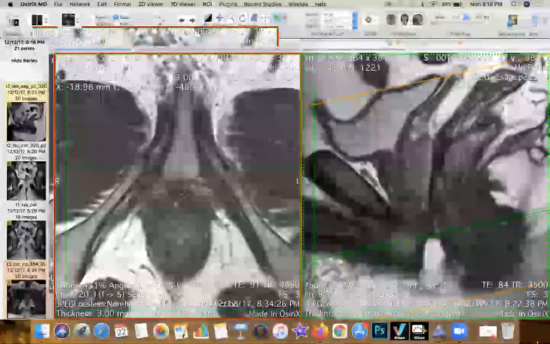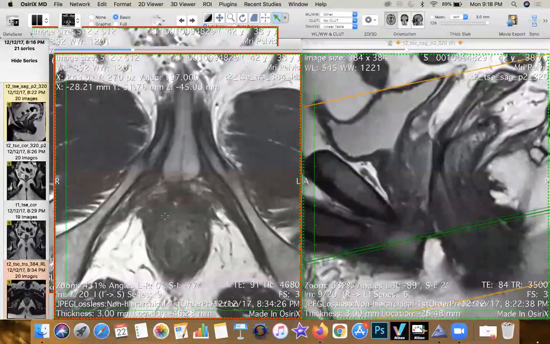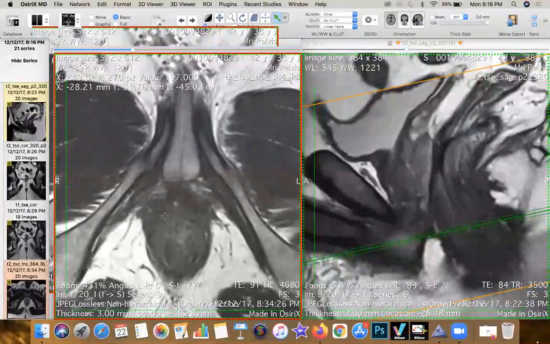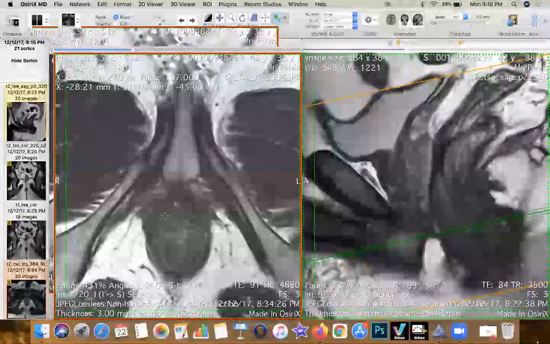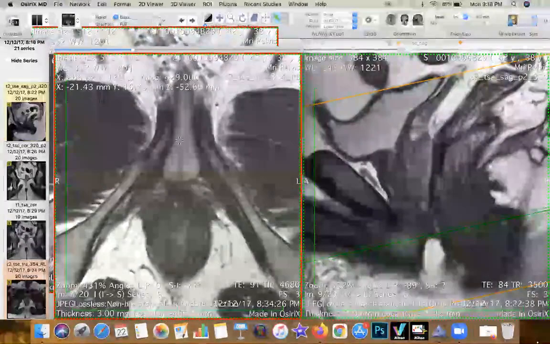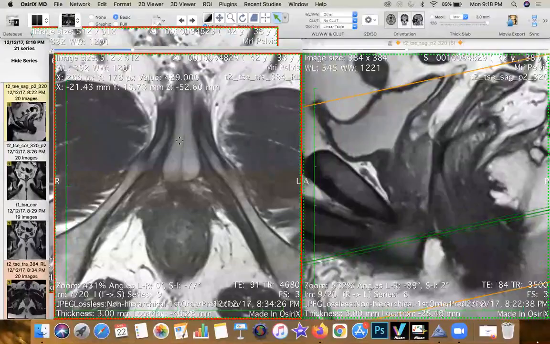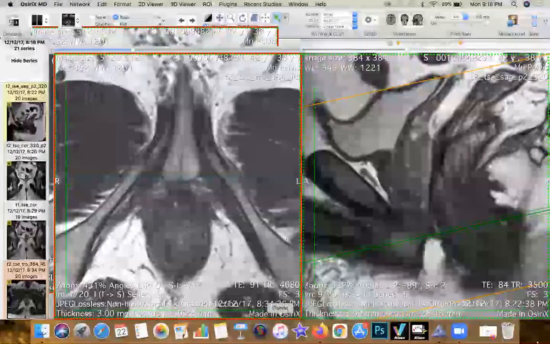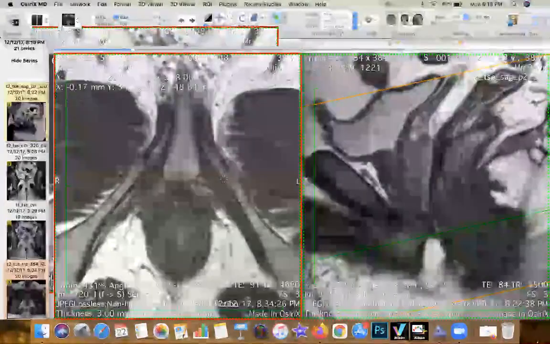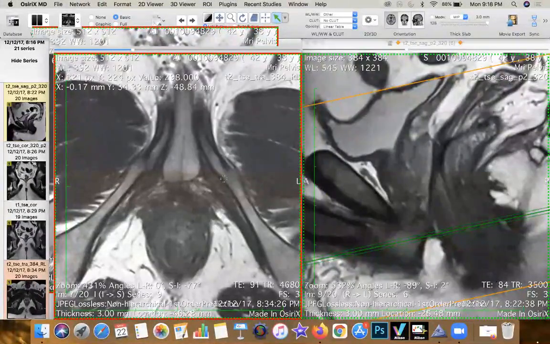The posterior compartment, which is located behind the perineal body, is also called the anal triangle. In this part of the lecture, I won't be looking so much at the anal triangle. I'll leave that for a later point in time. I'm going to focus on the urogenital triangle, which is very important to identify in these patients. So let's look at the anatomy of the urogenital triangle, and then we will also go back onto the key structures